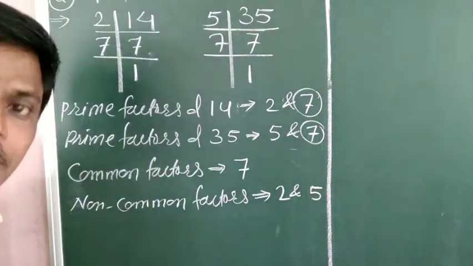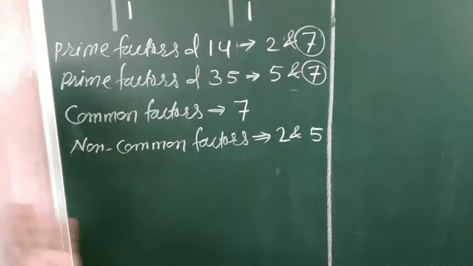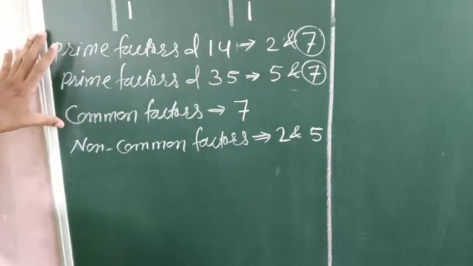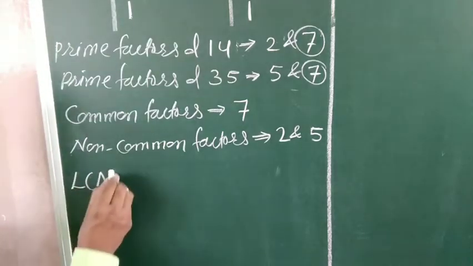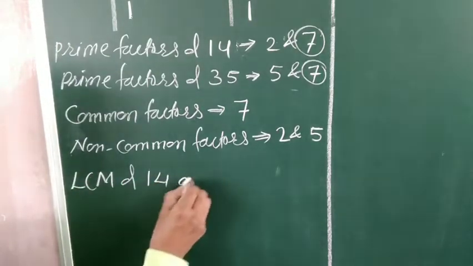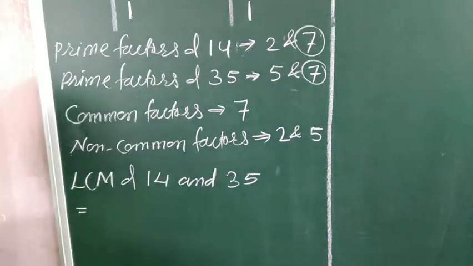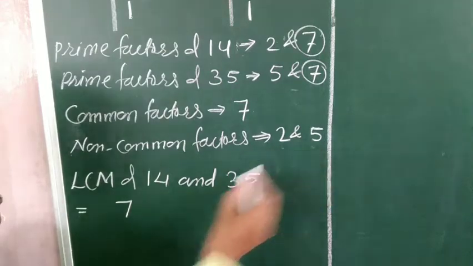ये नॉन कॉमन मतलब क्या बेटा, जो फैक्टर की दोनों लिस्ट में नहीं है, डिफरेंट लिस्ट में है, मीन्स कॉमन नहीं है। ये दिस इज न्यू स्टेप। यहां तक तो हमने पहले ही पढ़ा था एचसीएफ में, दिस इज न्यू स्टेप। नाउ नेक्स्ट स्टेप इज एलसीएम ऑफ गिवन नंबर 14 एंड 35 इज इक्वल टू एलसीएम ऑफ 14 एंड 35 इज इक्वल टू सी, ये जो नंबर है कॉमन फैक्टर एंड देन नॉन कॉमन फैक्टर